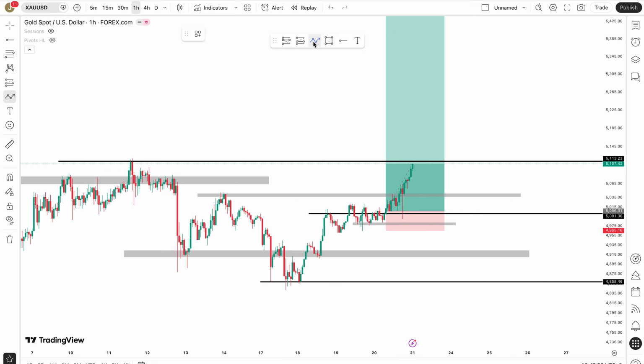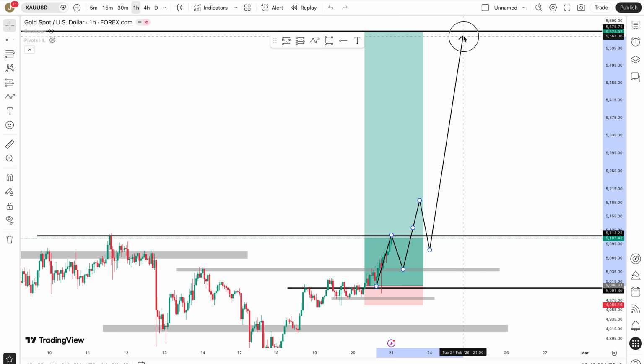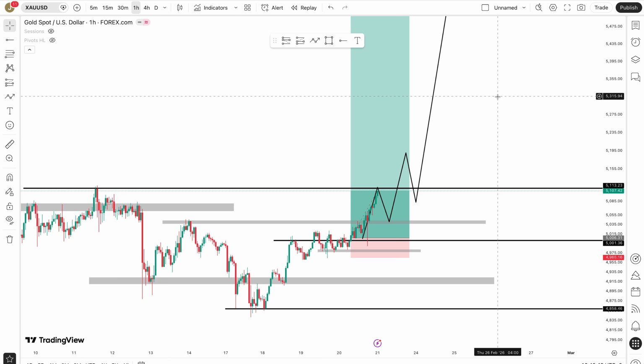And like I told you guys, if the market ends up coming to this zone and sells off but creates a higher low, then comes back above this level, I am going to wait for an indication, have a correction, and when the price comes back above this level again, I'm going to be looking for more buys. I'm going to add more positions and hold this trade all the way back up to the all-time highs. That's what I'm anticipating for next week, and that's my current trade breakdown.